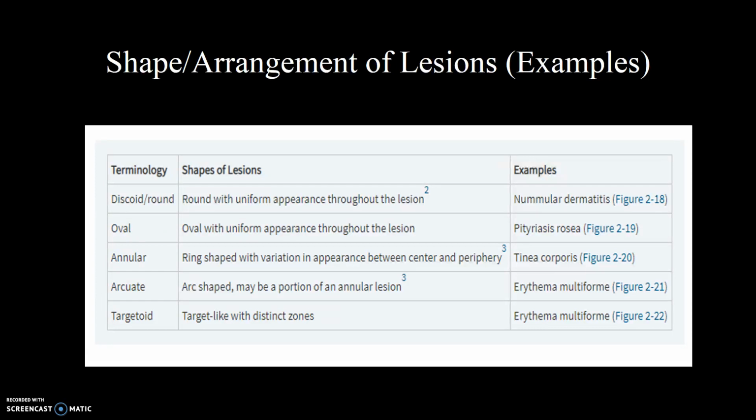If you're going to see someone with eczema and it's in a perfect, almost perfect circle, you might think of nummular eczema, nummular, a Latin term for coin or round. You can look at these examples. Targetoid is a huge shape or arrangement that can go in our differential. Erythema multiforme often presents with target-like or targetoid